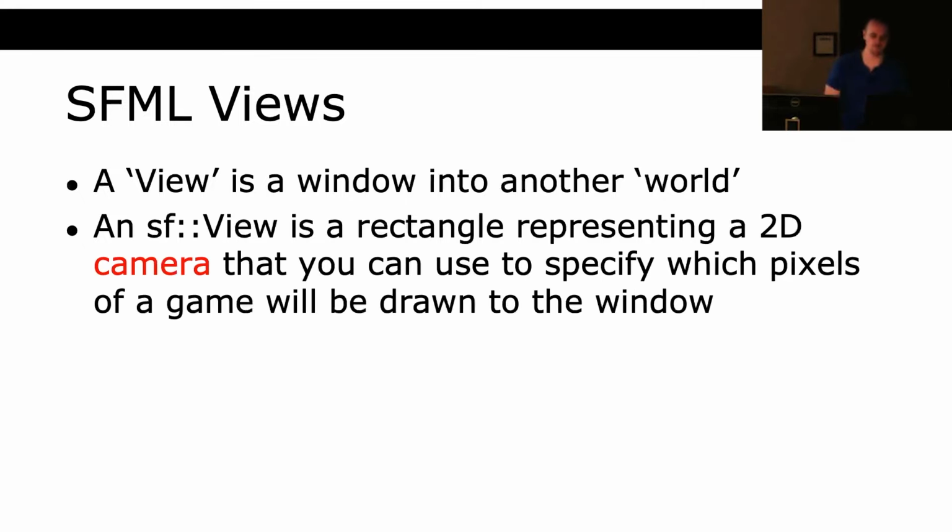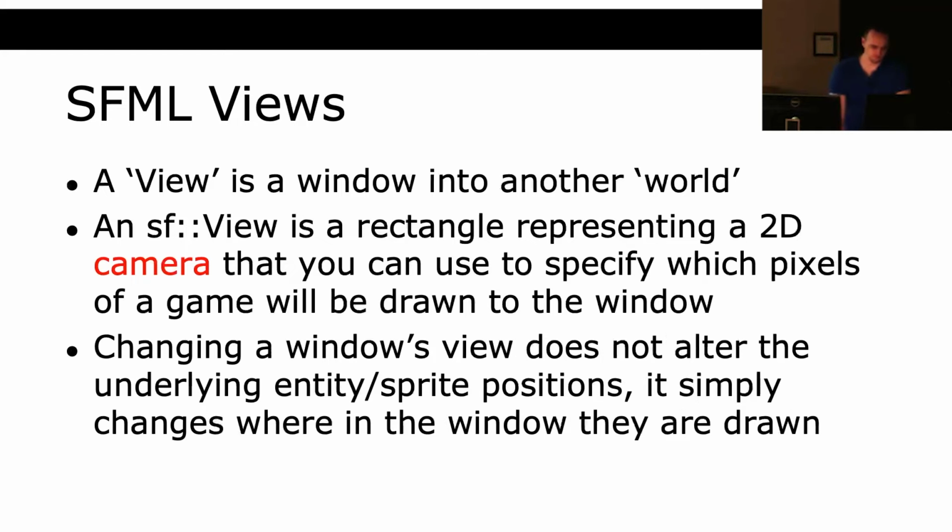And so an SFML view is a rectangle representing essentially a 2D camera that you can use to specify which pixels of a game will be drawn to the window. And so changing the window's view does not alter the underlying entity or sprite positions. It simply changes where in the window they're drawn. So